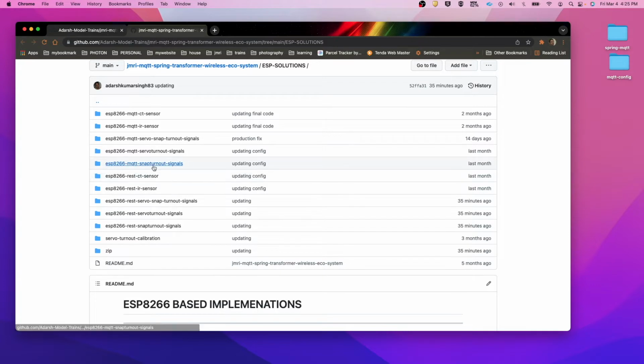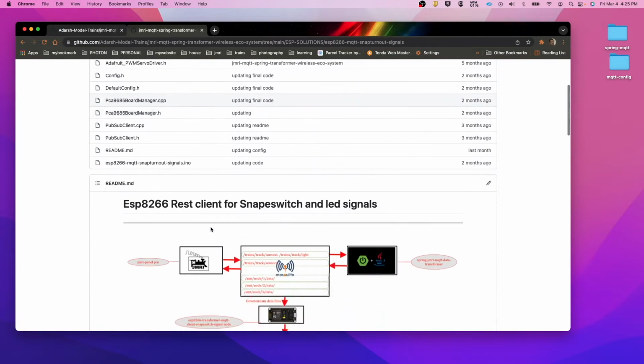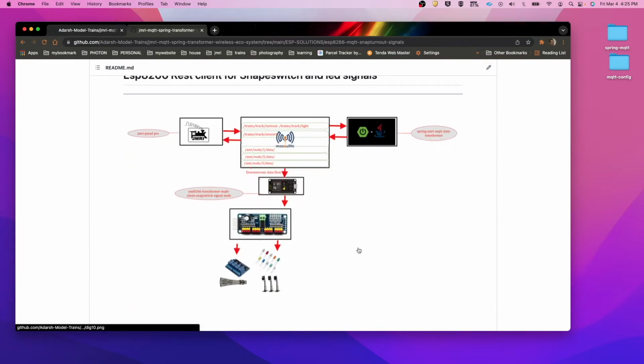So we'll go into this ESP8266-MQTT snap turnout signals folder. Here is the configuration.